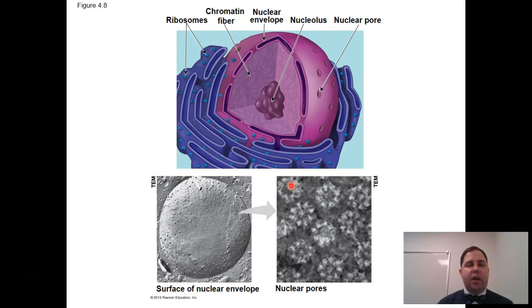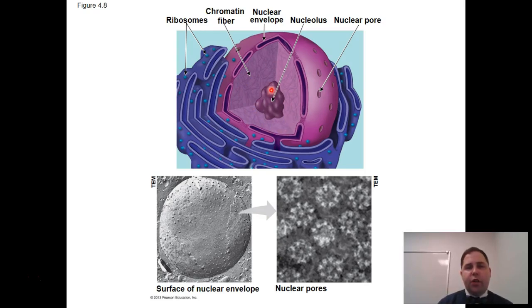Here is a picture of a nucleus, and as I mentioned before, the nucleus is a double membrane structure. You can call this the nuclear envelope or the nuclear membrane. That membrane is going to look just like the cell membrane, it's just in a different part of the cell. In fact, every organelle is going to be surrounded by a lipid bilayer membrane. Inside of this, you're going to have DNA in the form of chromatin, which is just DNA that's been wrapped up around some proteins to give it structure. Think about spaghetti being wrapped up on a fork.